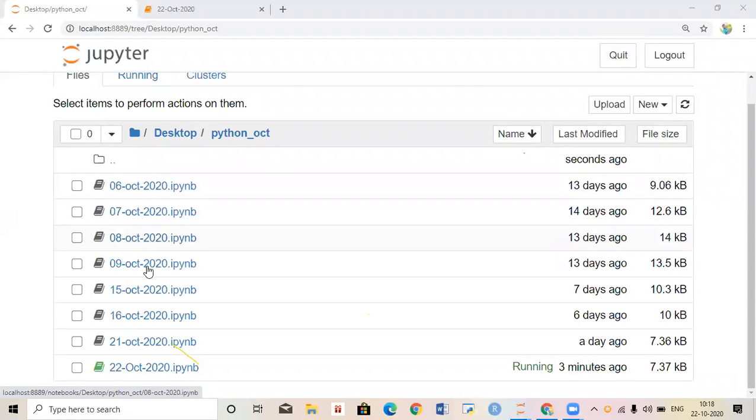This Python_October folder consists of all these Python files, so Python_October is called a package. Each Python file is called a module. All the modules are combined in a single folder, that is Python_October. This is called a package. Every Python file is called a module. A number of modules combined in a single folder, that folder is called a package.